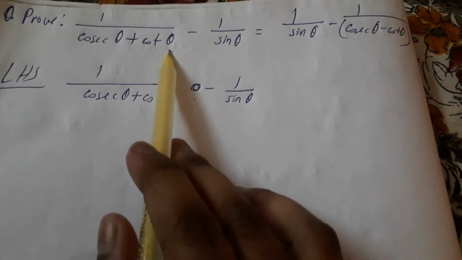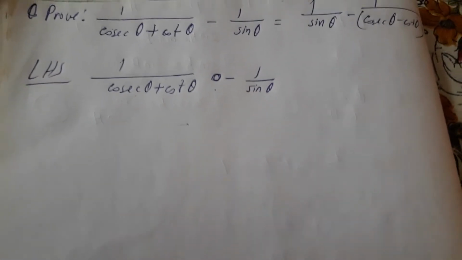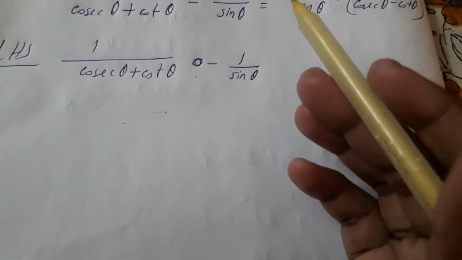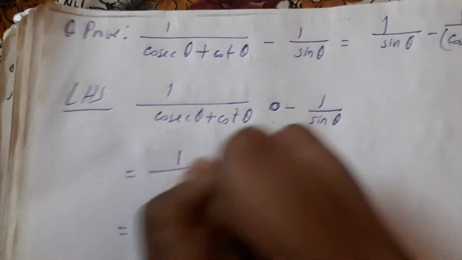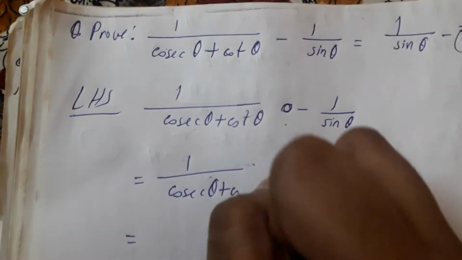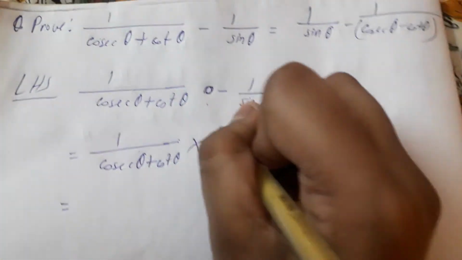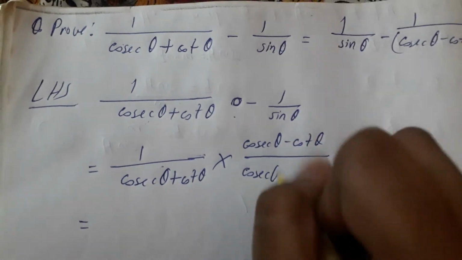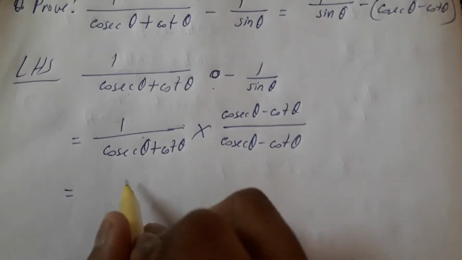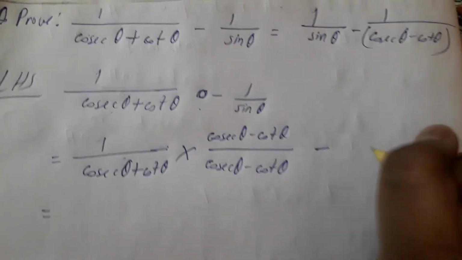Now here you have to take first the LHS part. Now see, here you see cosec theta plus cot theta. Actually we know a formula, that is cosec square theta minus cot square theta is equal to 1. So you have to convert in this way, okay, that is a square minus b square format. So here you have to multiply. See, 1 divided by (cosec theta plus cot theta) into (cosec theta minus cot theta) divided by (cosec theta minus cot theta), so that you can get cosec square theta minus cot square theta,